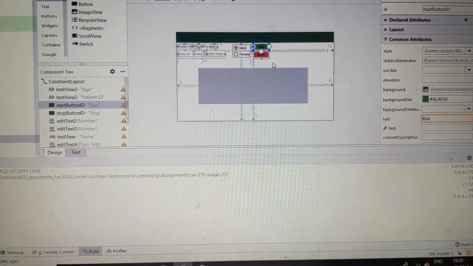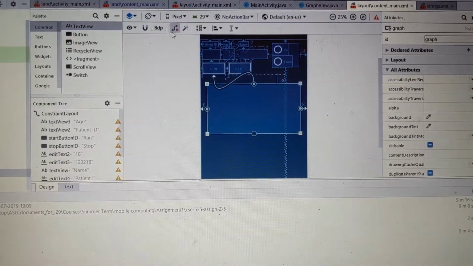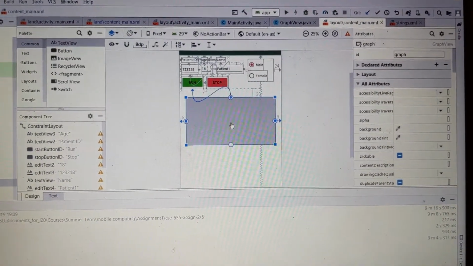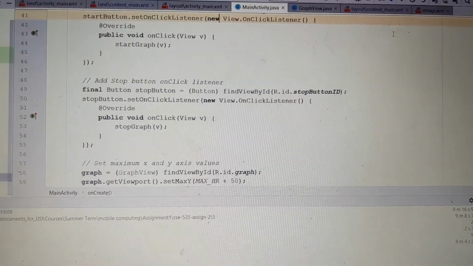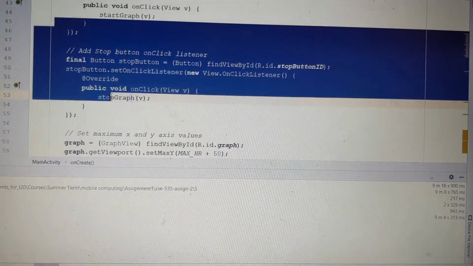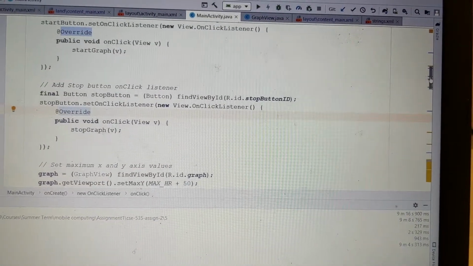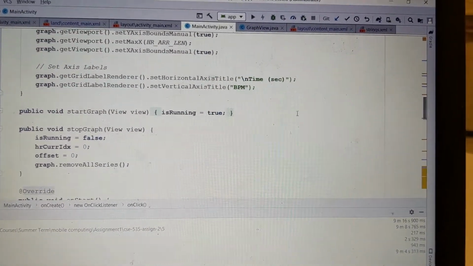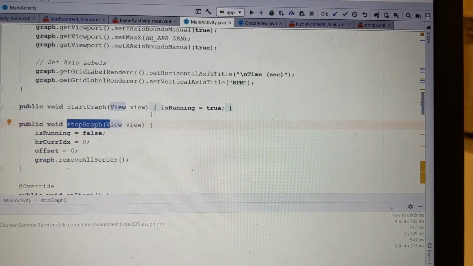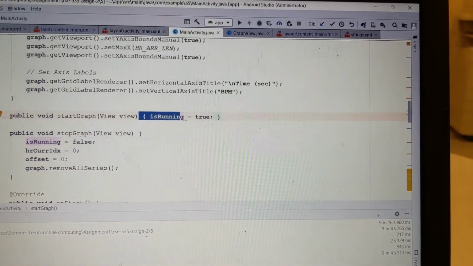I worked on implementation of radio groups, and I also worked on implementation of landscape design for this project. I worked on start and stop button listener. So this code is a part of a listener for these buttons. This ultimately calls the start graph and stop graph function, which control the run flag, which is responsible for